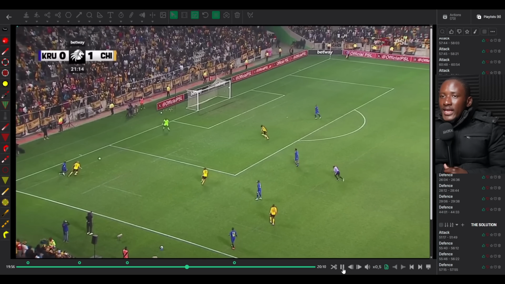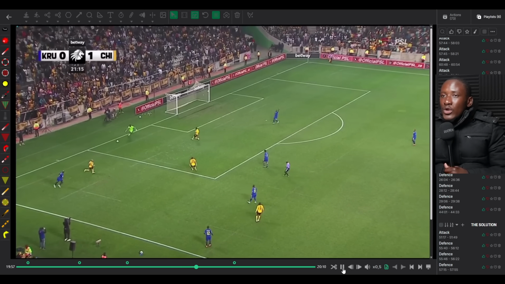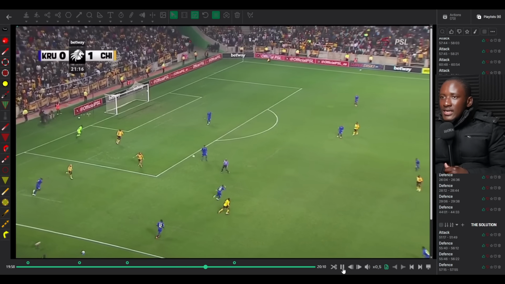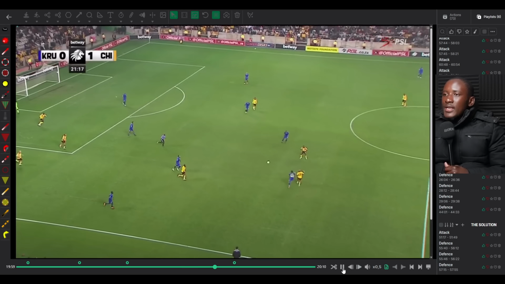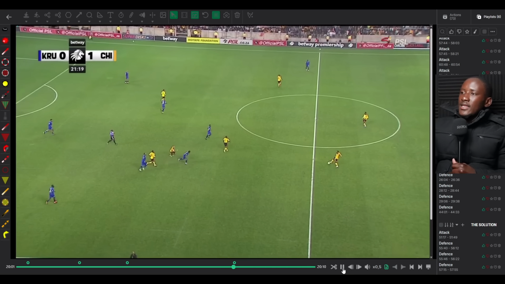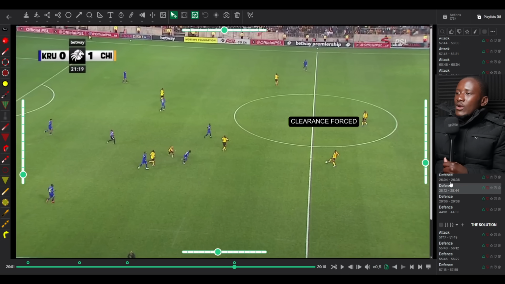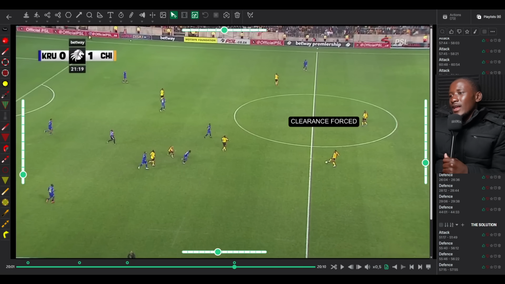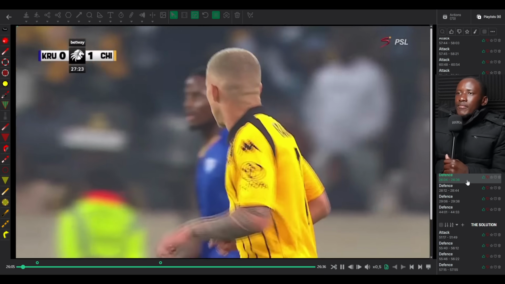If we win the ball here, if the ball is won here, this team is in trouble, but they clear the ball. But guess what? Chiefs have moved all their people to this side, and the ball has now been recovered. That was the plan, at least. Then there was a problem. Of course there was a problem. This is football. Now, here's what happens. Let's look at the problem.